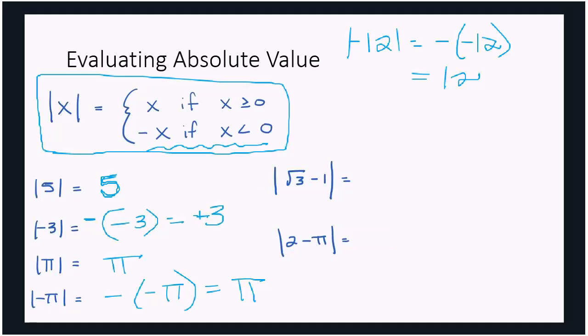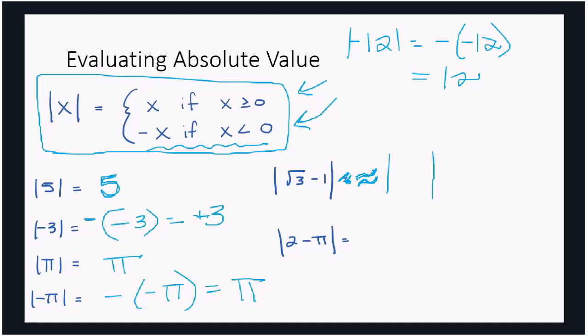When we're asked to find the absolute values of these ones, this is where we can get a little bit funny. The first thing that you're going to want to do when you are finding an absolute value of an expression is that you want to find out what it's approximately equal to. So instead of writing equals, I'm going to take that out, and I'm going to say approximately equals. What I want to know is, inside of my absolute value bars, am I dealing with a positive number or a negative number? Because that's going to tell me what I need to do in order to evaluate the absolute value.